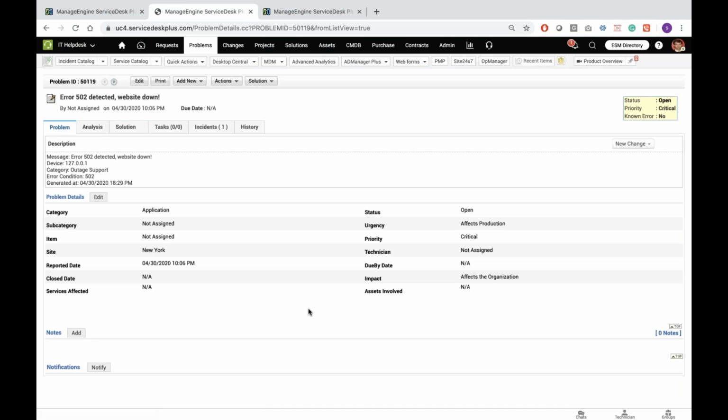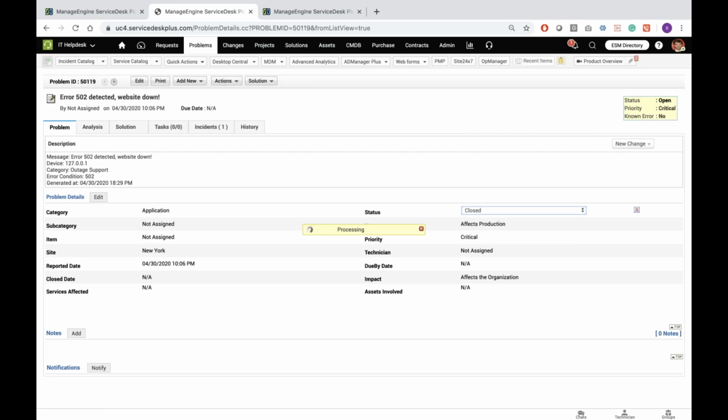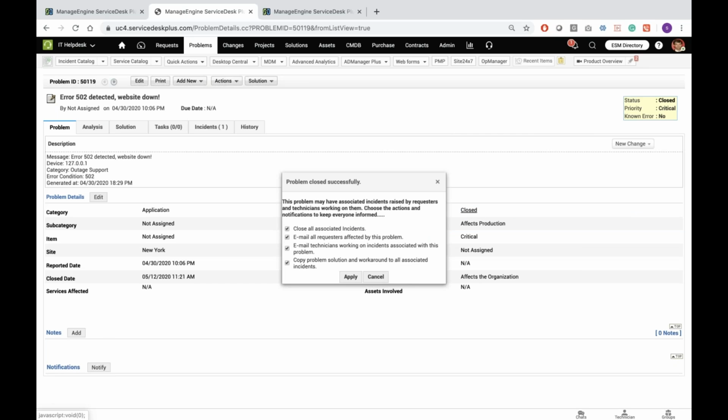And also, when you're closing a problem ticket, there could be thousands of incidents that have been mapped to this particular problem. So what the system does is that it extends its automation such that when you're closing the problem, you can close all the incident tickets that have been mapped to this problem. The communication is really important, so you can send out email notifications to the end users who have created the incident, or the technicians who are working on those tickets or who own those tickets. You can also transfer the information into the resolution of the ticket for end users' understanding.